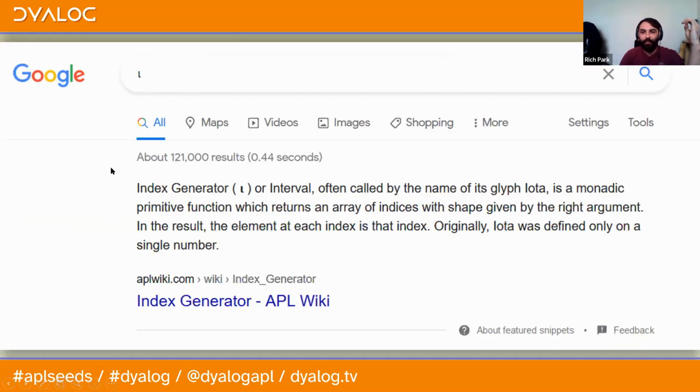Actually, one thing I discovered fairly recently is you can do a Google search for some of the APL symbols, and you get a nice snippet from the APL wiki, which is very cool. So their crawlers are doing a good job, which is nice. I don't think you've been able to do this before. Mind you, not all the symbols are available. So that's just a matter of us making pages for all of the concepts which are associated with symbols, and this will get filled out. But I thought that's quite cool.